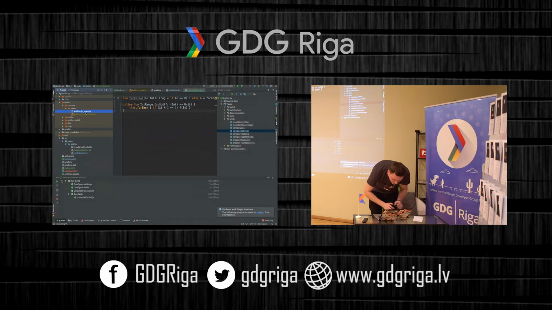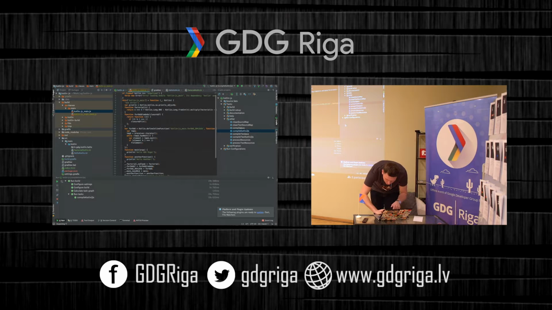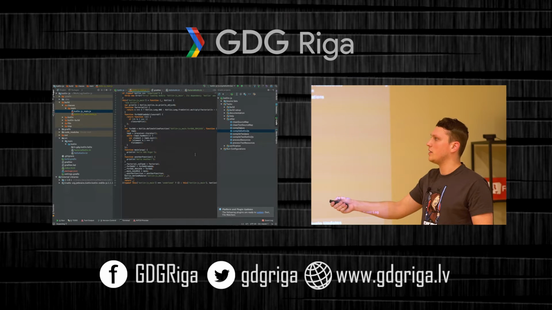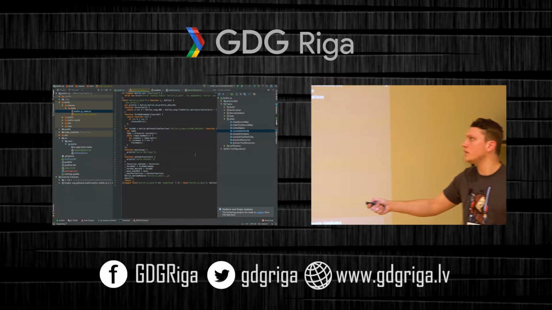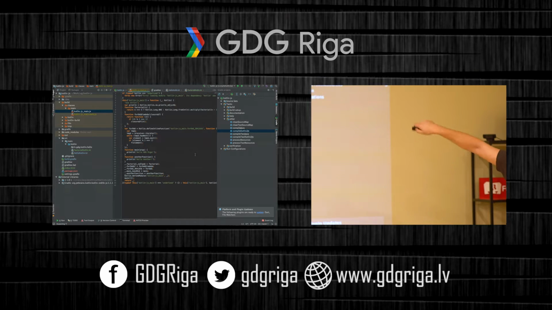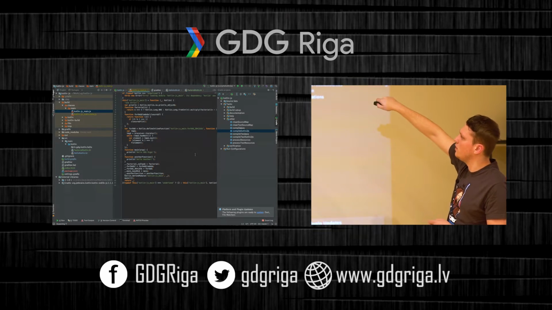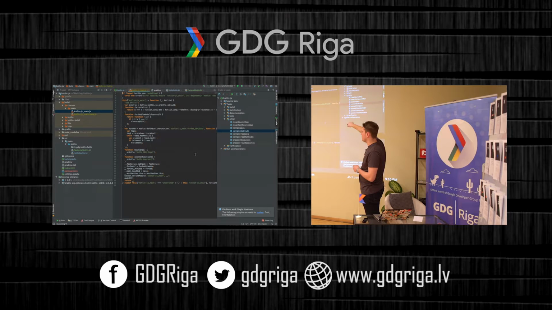Okay, so what's the difference? If we look into the JS file, we'll see that it's much larger. Why is it larger? Because right now it took all the Kotlin files and glued them into one JavaScript file. So here we can see the main function, here we can see another function, and here we see,